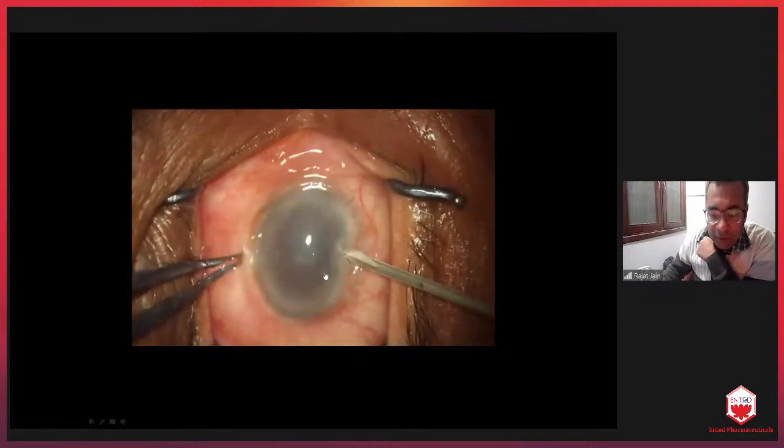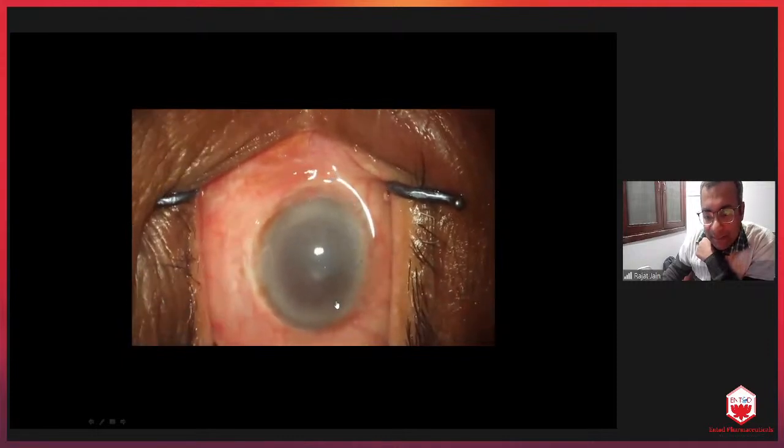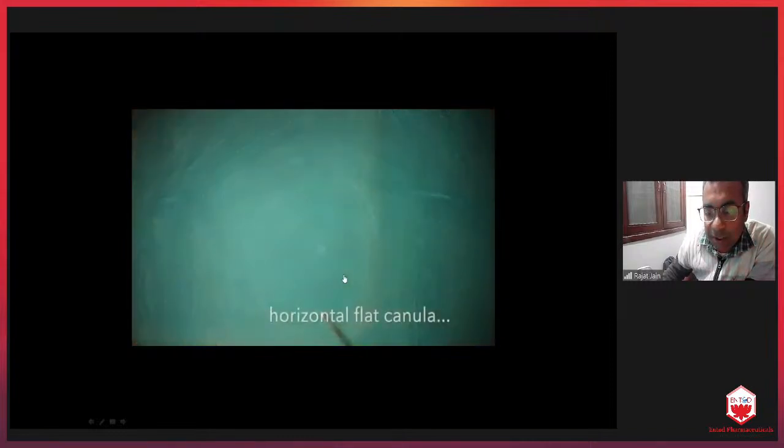So if we move this video forward, we have to make a 20 gauge stab incision, a side port incision. Again, as I told you earlier, the edema is more in the inferior part. So we always choose an area which is literally clear so that you are sure that you are entering the antechamber. Also, another point you could use if there's a total edema is, while entering the antechamber, touch the iris with the side port so that you are sure that you're not in the plane between the desmoid and the cornea.